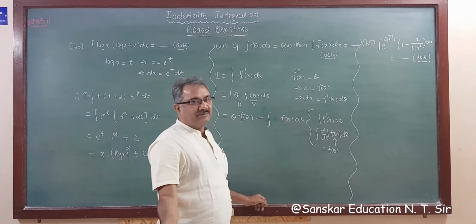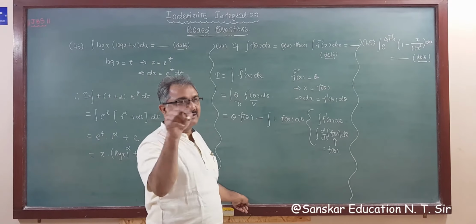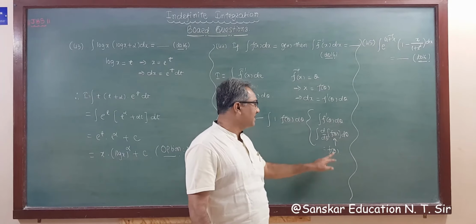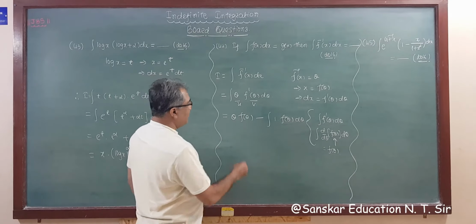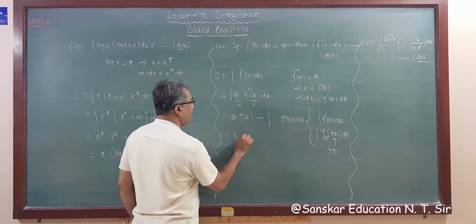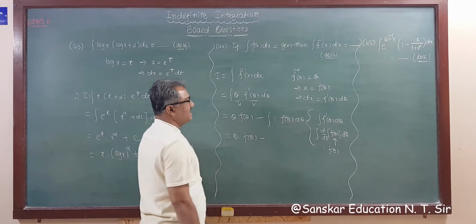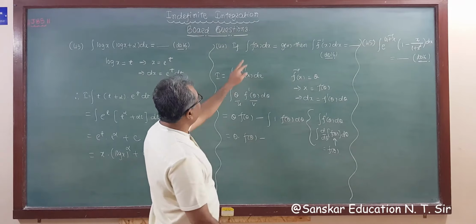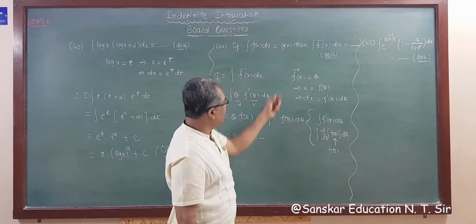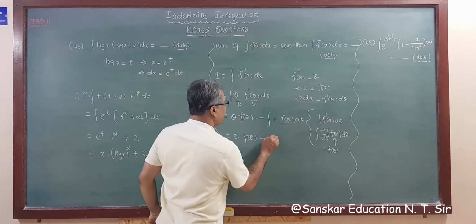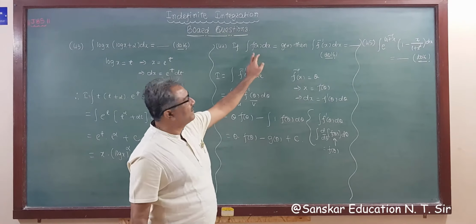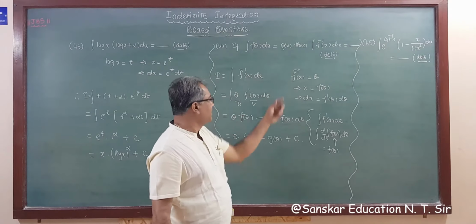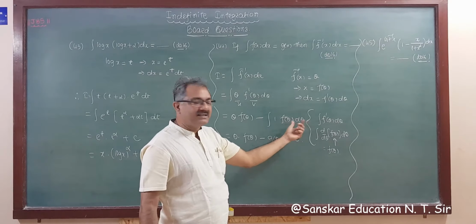आपको पता है जब integration और derivative साथ में हैं तो वो निकल जाता है, function रह जाता है। तो function क्या था? f theta. So the answer is f theta, right? So this is theta f theta minus integration of f theta d theta, and integration f x dx is g x. So this is g theta. So I'm writing here directly g theta plus c. Integration f x dx is given g x, so instead of x, I am writing theta, right?